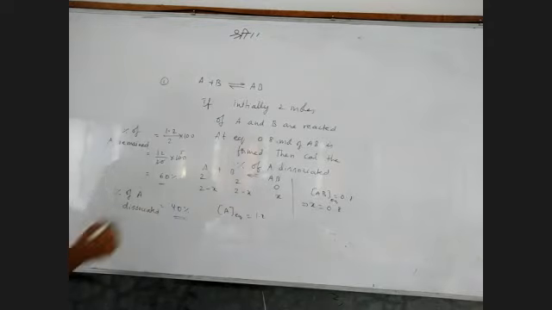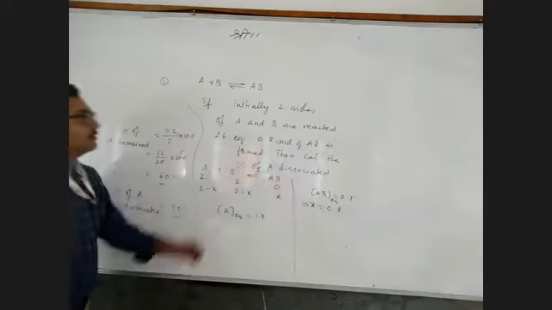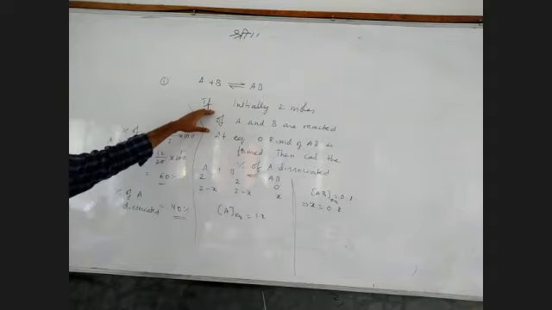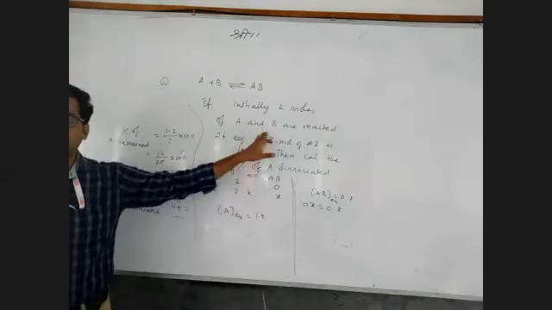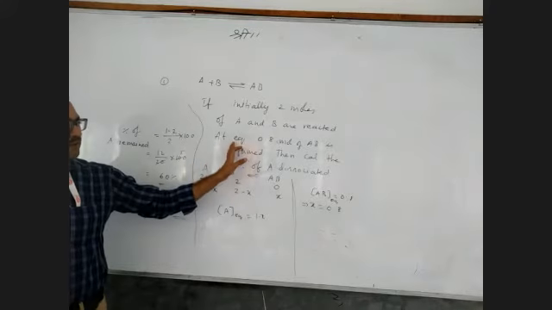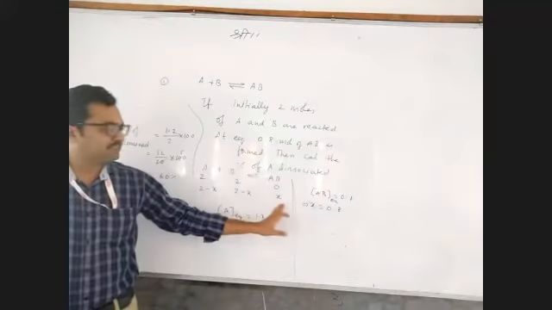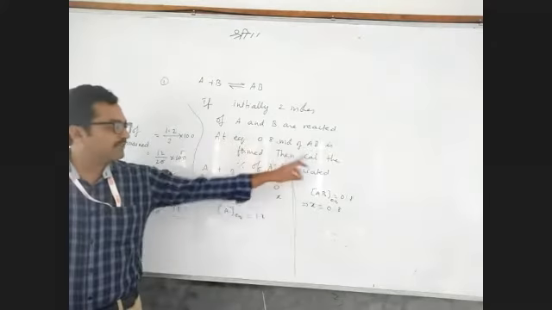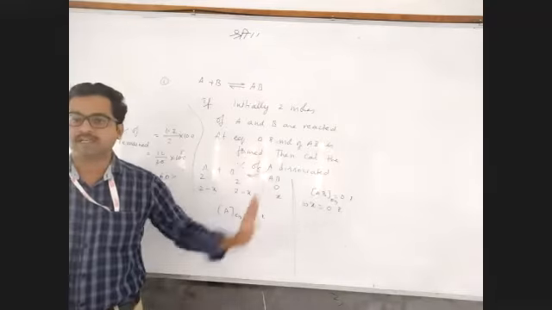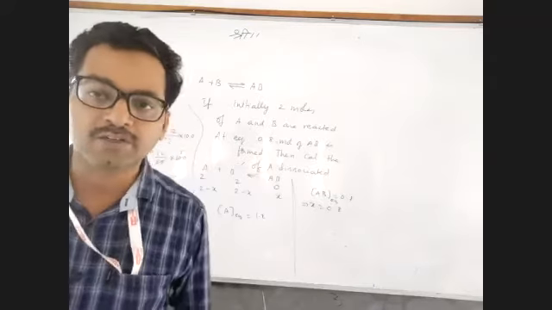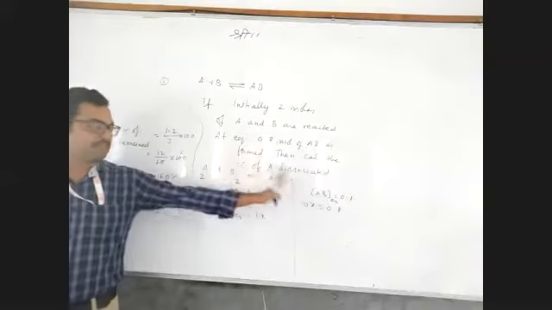Shall I tell again? Okay. See. First question. A plus B gives rise to AB. Initially we started with 2 moles of A and B reacted. Somehow they reacted. At equilibrium it is found that 0.8 moles of AB is formed. Then calculate the percentage of A dissociated. How much A got dissociated we require. Percentage of A dissociated we have to calculate.